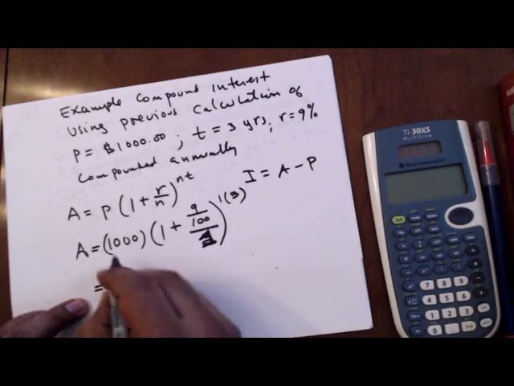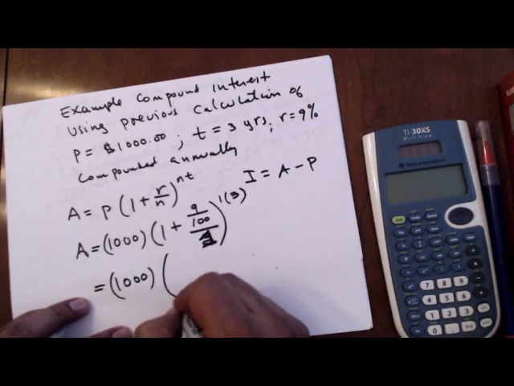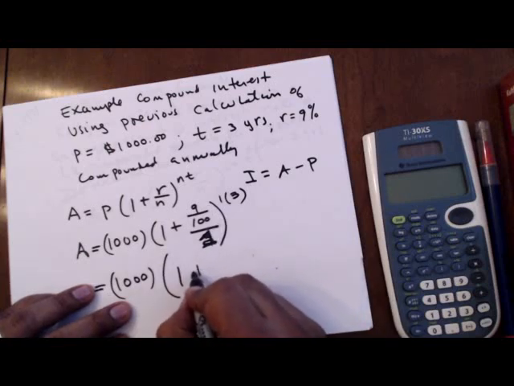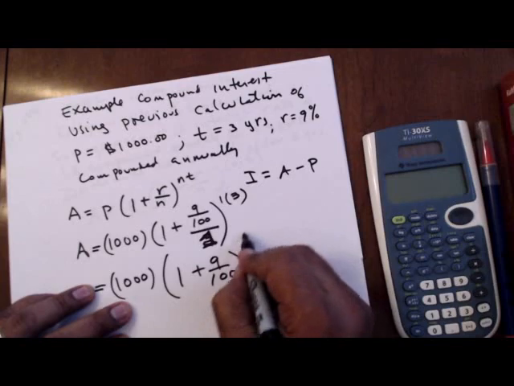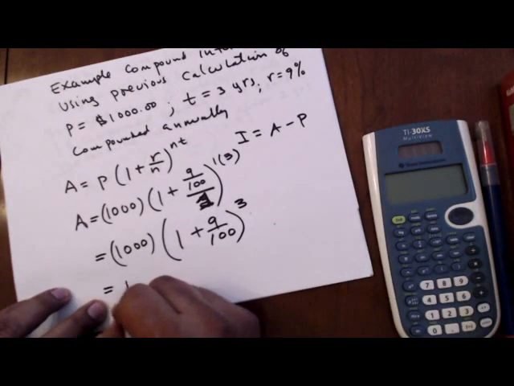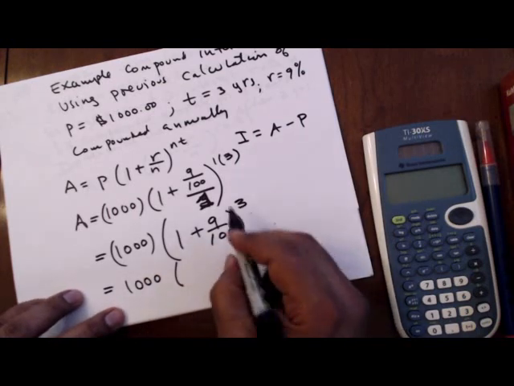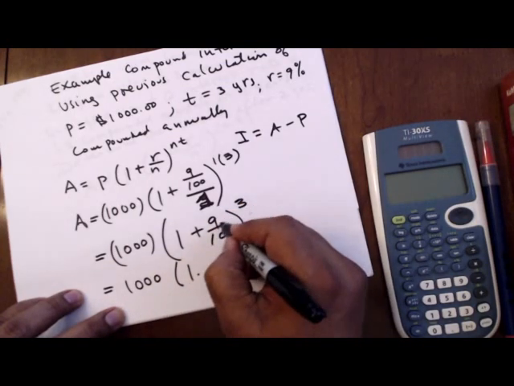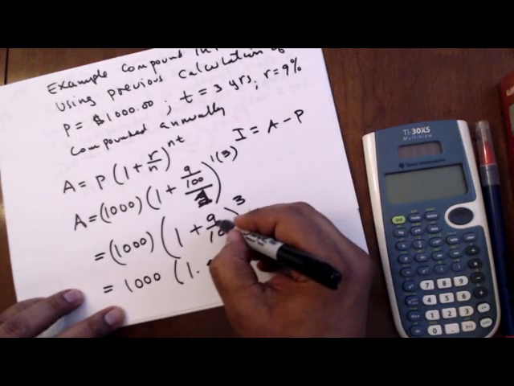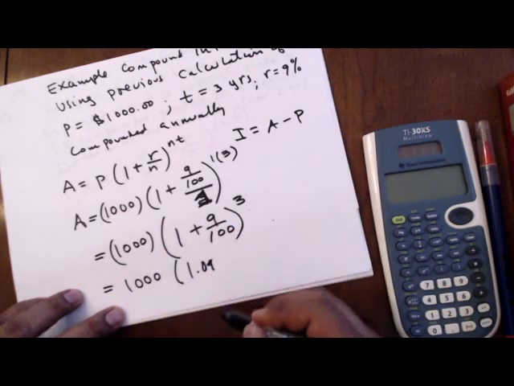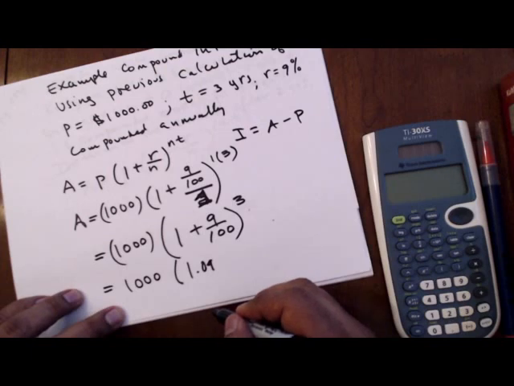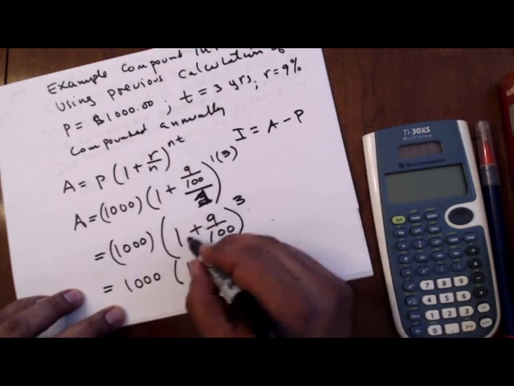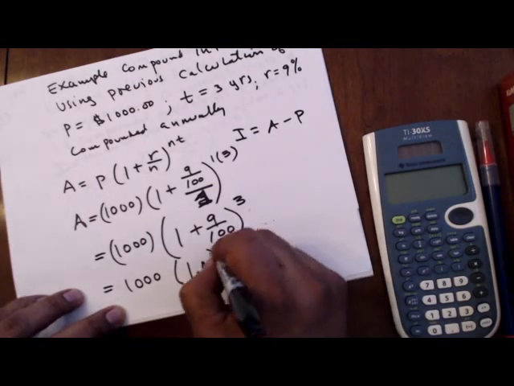So when we carry out this calculation, this will be 1,000, right? And here we know that this is basically divided by 1, so this is basically 1 plus 9 over 100, right, raised to the third power. So this is equal to 1,000 times 1 plus, and if you remember, the decimal point is here, so we have to move it 1, 2. We have the 9 here, so it's 1, we move it 1, 2, so this will be a 0 right there. It will be 0.09 here. You add it to a 1, you end up with that, and now we raise this to the